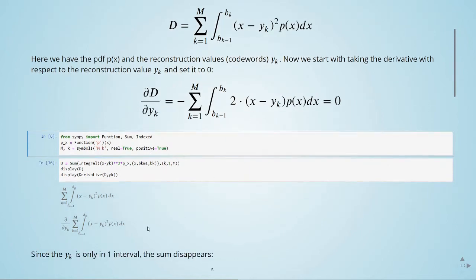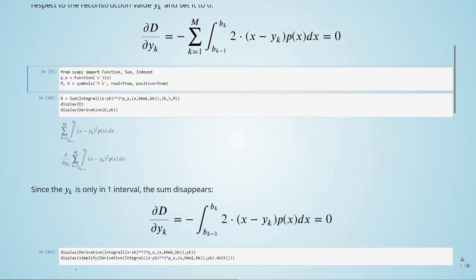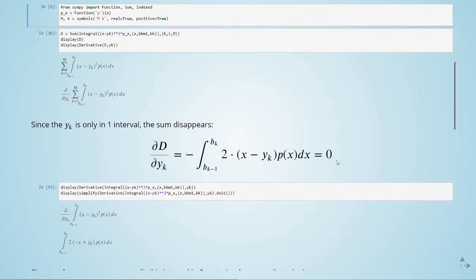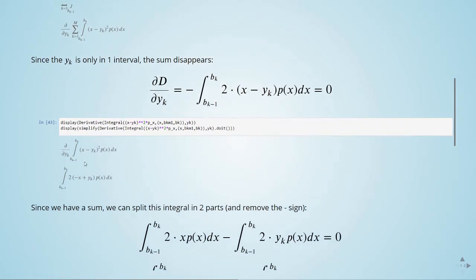We have also done this here using SymPy. But since y of k is only in one interval, this sum disappears. So we can remove the sum. This is the derivative with respect to y of k, and y of k is only in one interval, so the sum disappears, and we have this. And when we take the derivative of this with respect to y of k, that's what we are doing here. So we end up with this equation here, which is